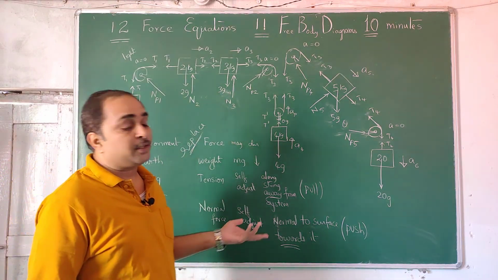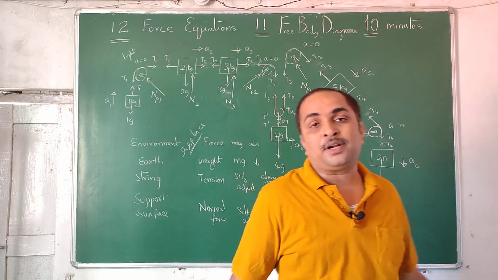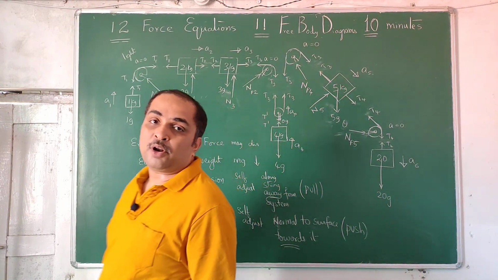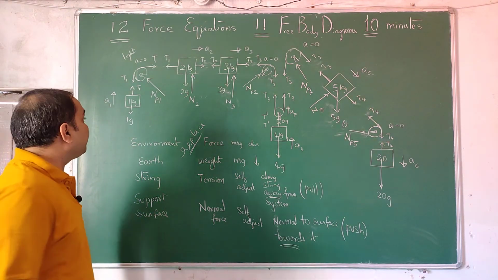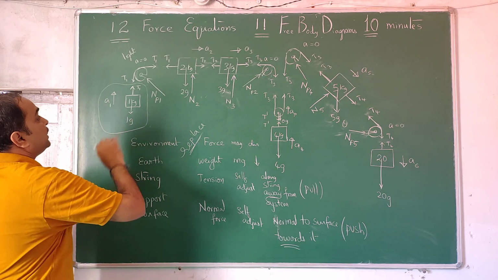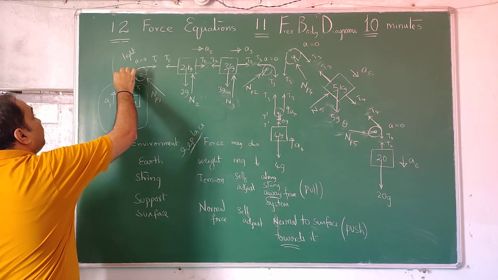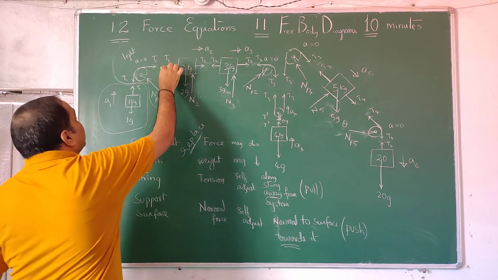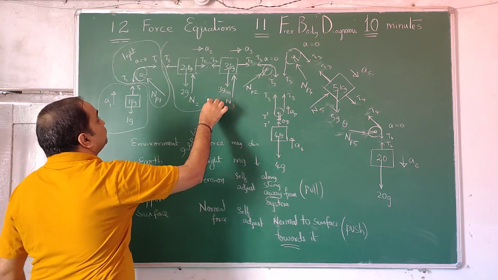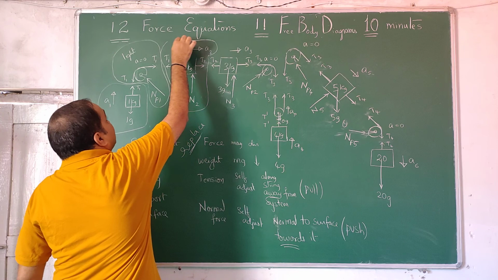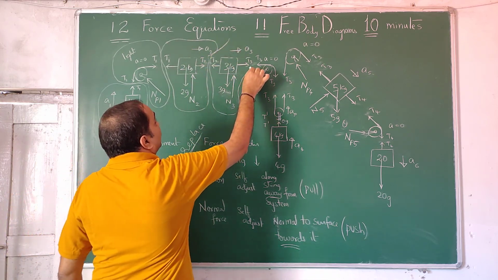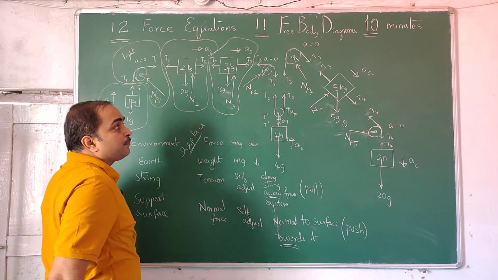Buoyant force, viscous force: there is no fluid we are taking into account, so they don't come. All the FBDs are over. So I am going to round off one FBD after the other. See it. This is a free body diagram of 1 kg. This is the free body diagram of the first pulley. This is the free body diagram of the second mass. This is the free body diagram of the third mass.